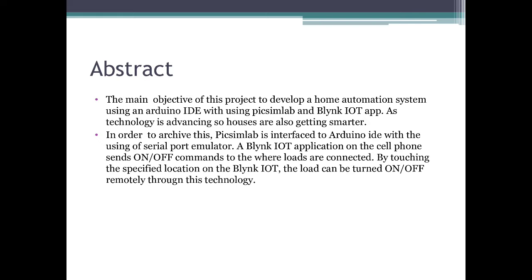Abstract. The main objective of this project is to develop a home automation system using the Arduino IDE with PICSIMLAB and the Blynk IoT app. As technology is advancing, houses are also getting smarter. In order to achieve this, PICSIMLAB is interfaced to the Arduino IDE using a serial port emulator. A Blynk IoT application on the cell phone sends on or off commands to where the loads are connected. By touching the specified location on the Blynk IoT app, the load can be turned on or off remotely through this